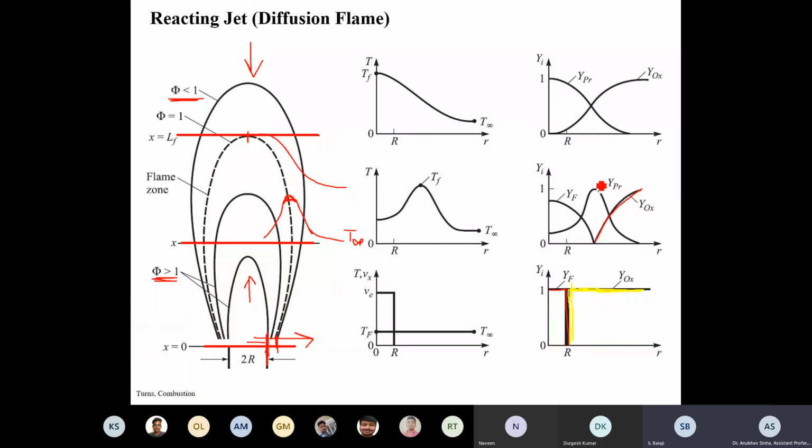Otherwise, no. I would see that oxidizer graph as inside. I mean, at r equal to 0, also there should be some oxygen. Otherwise, if there is no reaction going on, at r equal to 0 the fuel mole fraction must be 1, not mass fraction. We have discussed about this jet, right? Product gets diffused inside the fuel, is it, sir? Yes.